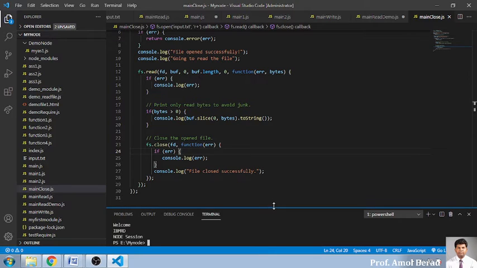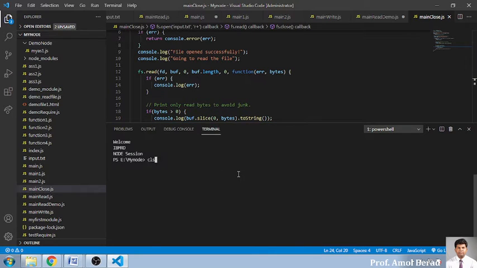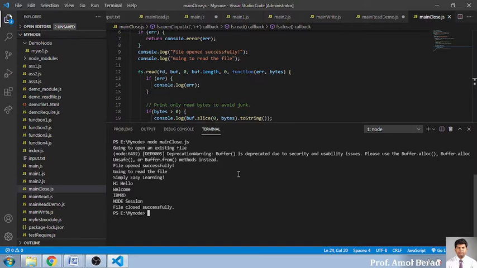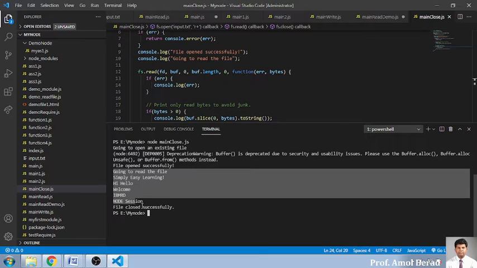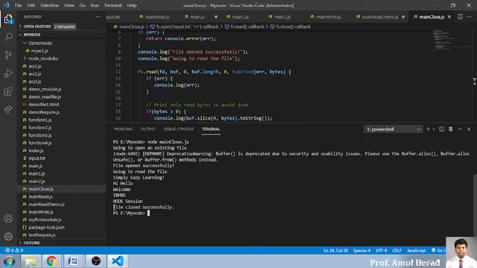So I'm saving this, and again I am moving over here to run this file. So clear the screen and run the program. So node space main close. If you want to use .js, no problem. तब भी वो run होता है, without JS भी वो program run होता है. So see, finally the file closed successfully. So this we have done in a very systematic way. So the whole thing we have done is that again the file is read, the content is displayed on the screen, and we are executing to close the file.